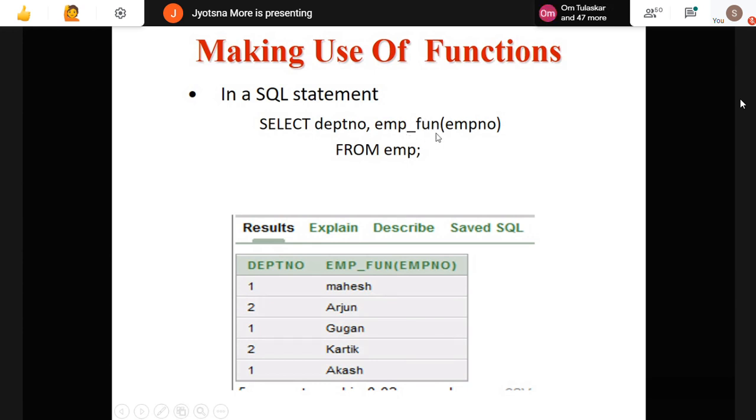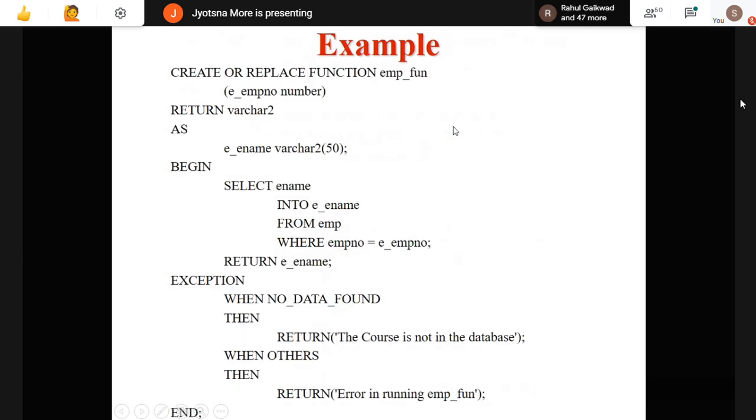In this function I am passing the employee number, and you can see that the function name is EMP and the value is the employee number. With that, I am getting the name of the employee.